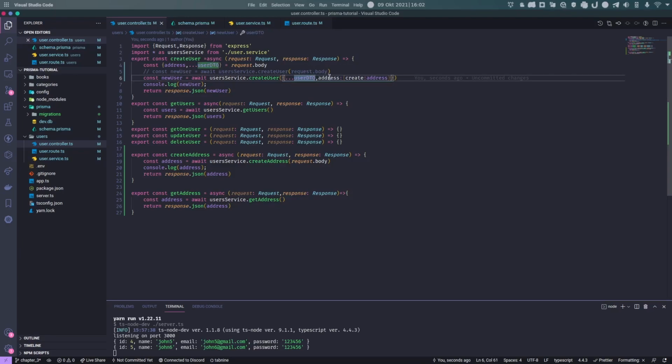And how we are doing it is, as the document specified, we have to have a property called create in our address object when we are creating within the Prisma. So the create will have the data of the address, and the data of the address is coming from the deconstructed request.body. So that will be it for this section, and in the next section we'll talk about one-to-many,